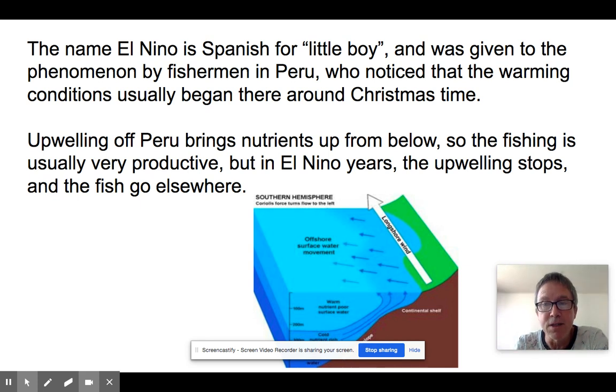But here's the thing. So I'm going to simplify this a little bit. This is a lot more complicated, but let's just simplify. Let's just say, okay, here's the west coast of America. We're near the equatorial Pacific, so trade winds are blowing this way. As the trade winds blow this way, they drag this water here away from the shore. Well, something's got to take its place. Where's the water going to come from?